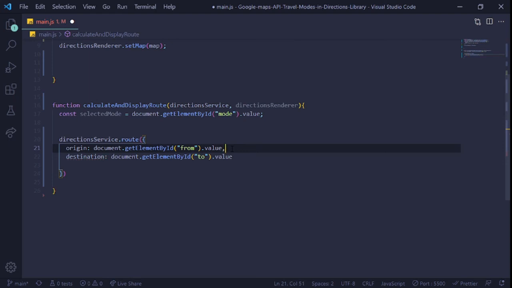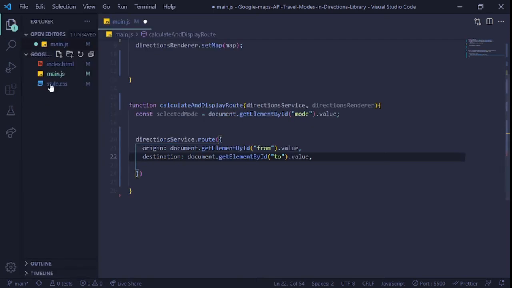And make sure you put the comma right here. If not, you get an error. Put the comma here again. Okay, now that we've actually gotten our from and to, and I will just show you this in the HTML